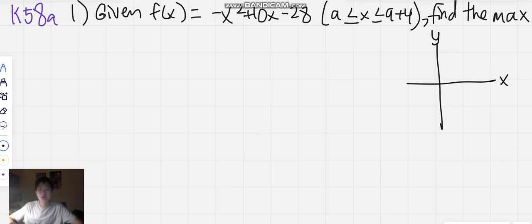Today we'll be going over K58a, number 1, and the problem says, given f of x is equal to negative x squared plus 10x minus 28 on the interval from a to a plus 4, we need to find the maximum value. So to start off with this problem, let's first